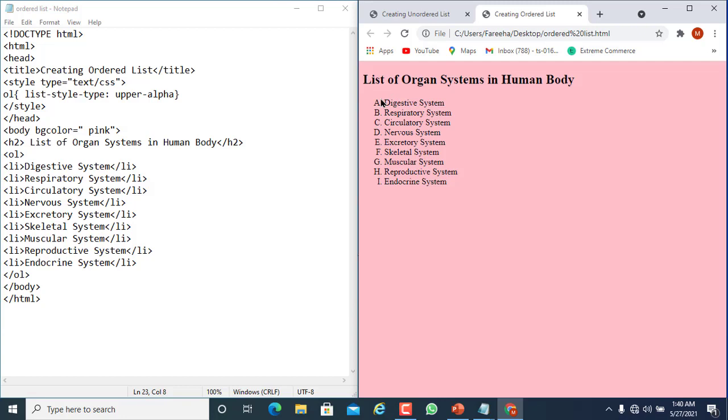The list appears on the screen: digestive system, respiratory system, circulatory system, nervous system, excretory system, skeletal system, muscular system, reproductive system and endocrine system. Students, it means that a numbered list or an ordered list appears on the screen. In this way, you can make a list of different items.